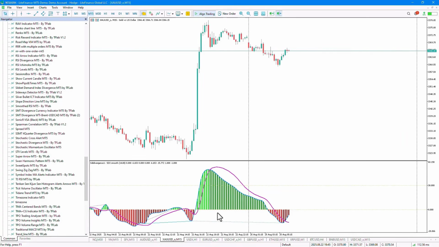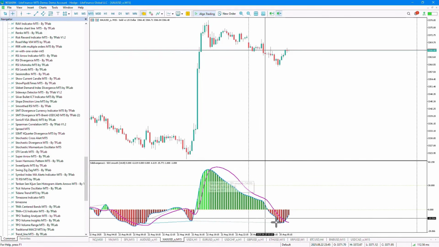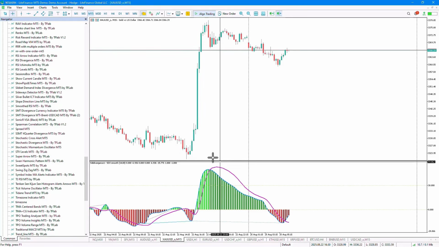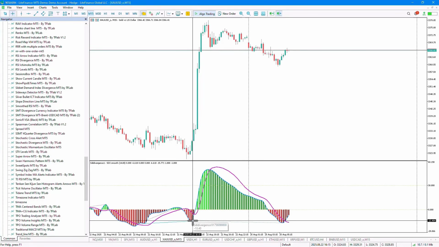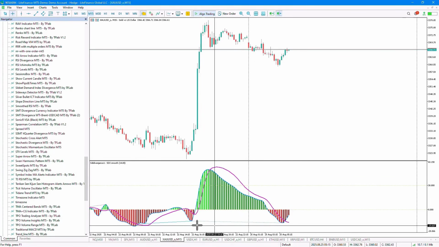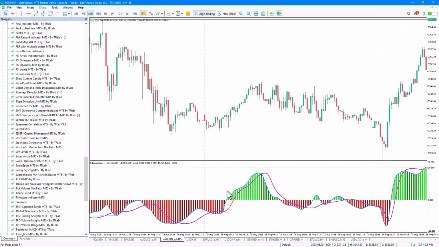Another type of divergence is based on two phases, where the price moves from a downward phase to an upward one and then enters a downward phase again. Here, a divergence between the low of the histogram and the low of the price has been identified. In this case, the price forms a higher low, but the histogram forms a lower low, and this divergence has been drawn for us. At another point, we can see that